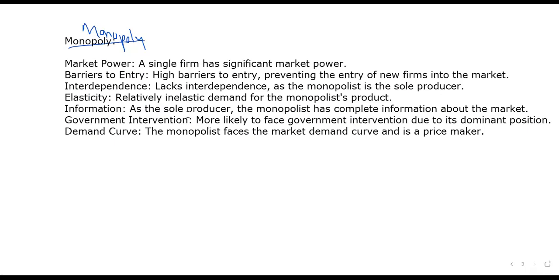In terms of elasticity, it is relatively inelastic to demand because you are the single product. People just complain, but we still buy. Information here is imperfect. Government intervention here is more likely to come in due to the fact that it's a dominant firm. So they'll need to control a few things. The demand curve is downsloping since they are price setters. So it looks like this here. With the demand curve, we have our marginal revenue, which is half of our revenue.